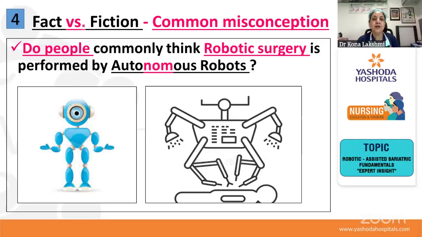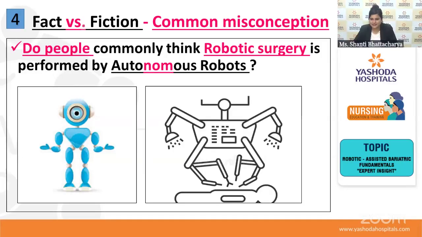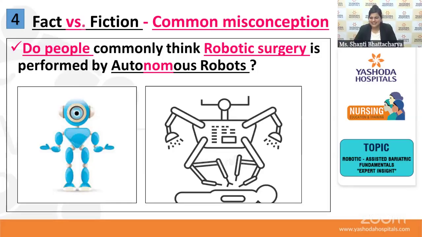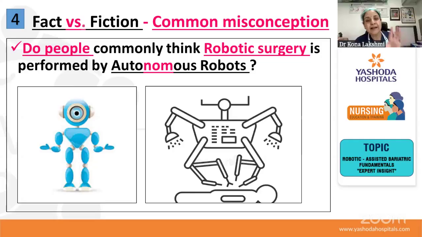So actually, robo, I will say crudely, you see now the JCBs on the roads. They take down buildings, they remove big boulders so easily. But have you seen the person sitting inside? He's a hardly small person. That person will not be able to lift even a 10 kg bag, if you see the person who is driving the JCB. But the JCB is doing so much work. That is the crude form of a robo. That is also a robo.